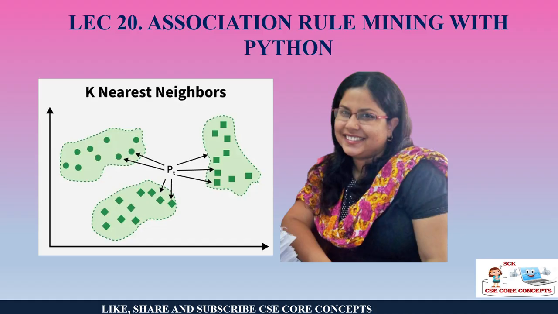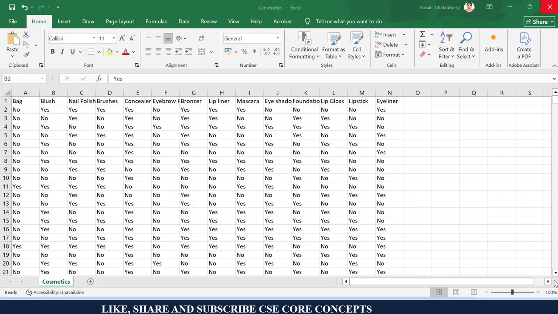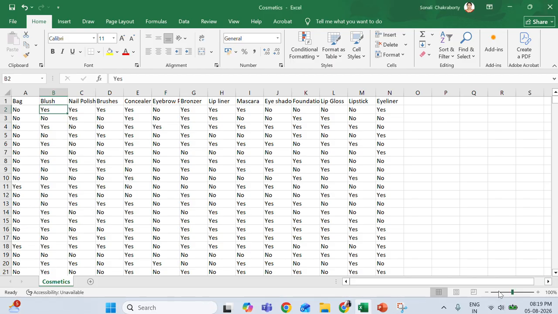Regarding the theoretical understanding of association rule mining, precisely the Apriori algorithm, it is there in my machine learning playlist, and its implementation in RStudio is also there. I will share the link in the description as well as in the comment section. I recommend you go through the theory first so that you can understand how we perform association rule mining. Now let us get started with the implementation in Python.